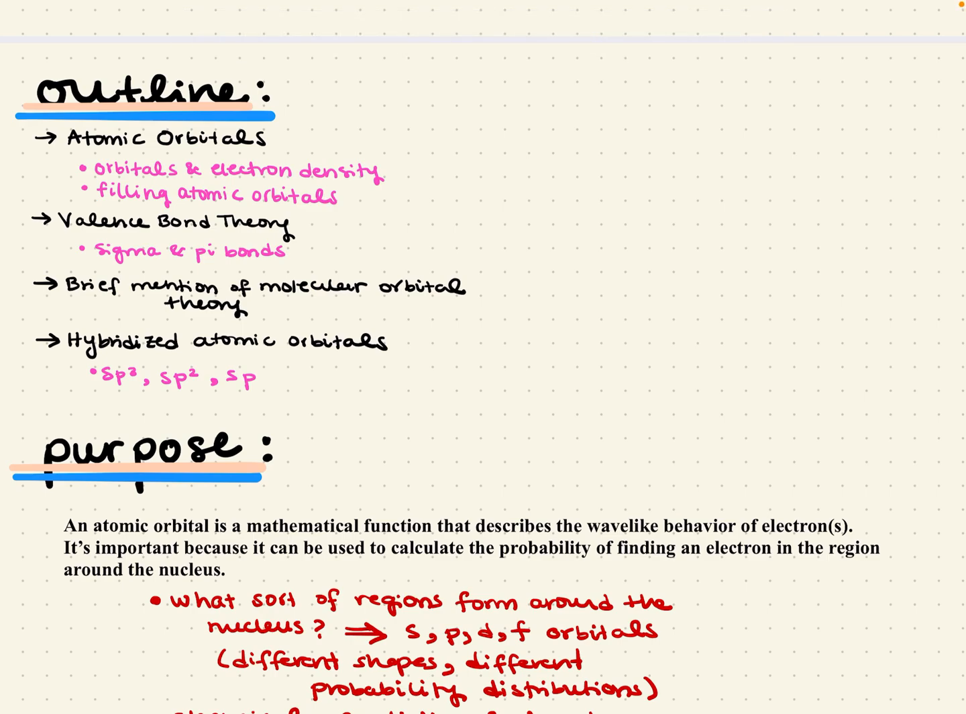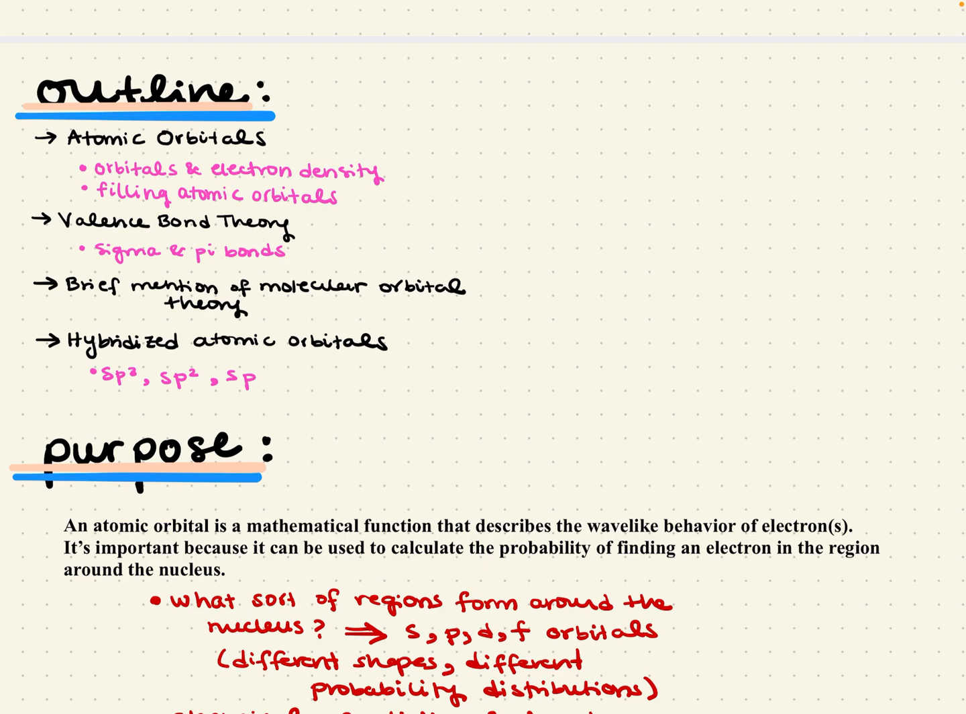Welcome back. Today we're going to finish the second half of Chapter 1. In this session, we're going to cover topics like atomic orbitals, what are they and how to fill them. We'll talk about valence bond theory, and here we're going to introduce sigma and pi bonds. And we're going to follow this with a brief mention of molecular orbital theory, just for the sake of conversing